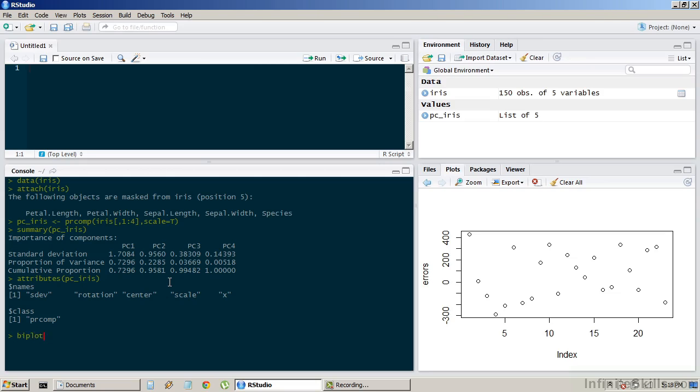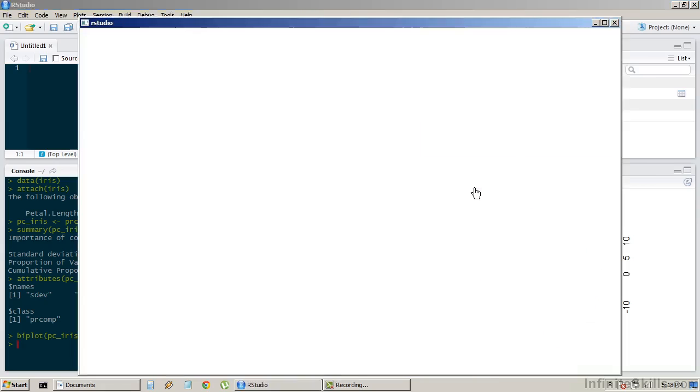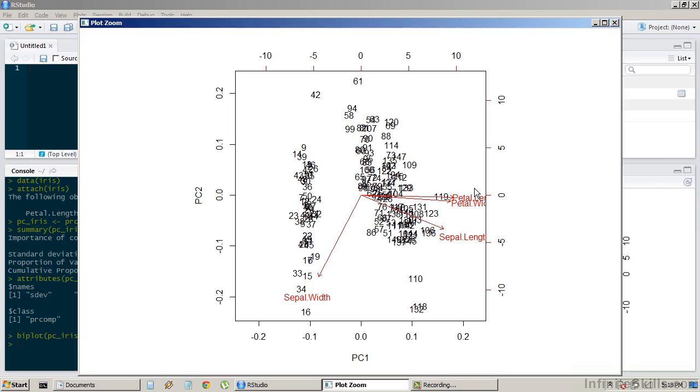We can explore these relationships a little further by using the biplot function. In this plot, each axis is one of the biggest principal components. Points that are close together have similar scores. In this example, you see points stacked in sort of a column, and all these values relate to the species Setosa. Now the red vectors that you see pointing, and there are 4 of them, one for each numerical variable